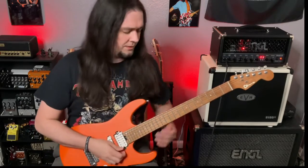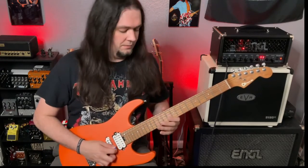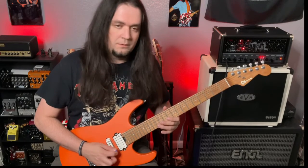As far as the picking pattern and the actual thing we're doing here, very simple. For the example, we're in the key of A minor, so I'm starting on the 10th fret of the B string. This is a very simple 6-note pattern. He just plays it really fast, so it sounds super fancy. We're going to play 10, 12, 13 on the B string. Then we go down to the high E and play 10 on the high E, and come back to 13, 12 on the B. So it's...